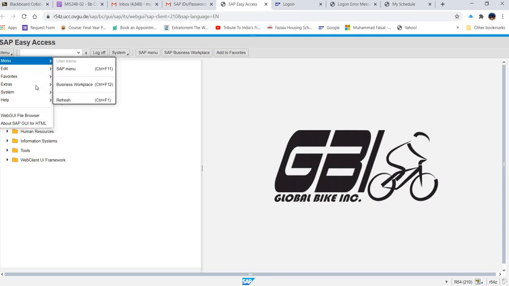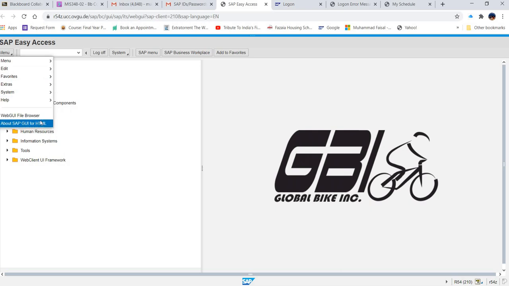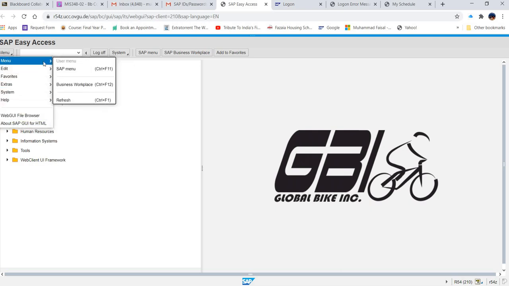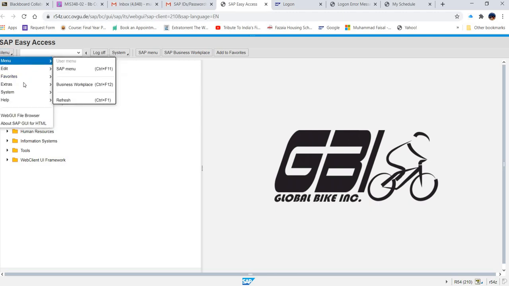In the exercise that we will follow, you will find many options written, and maybe you will face some difficulty finding them. So I'm giving you a trick: whichever option you are not able to find, come here, click on Menu, and most probably you will find those options here.